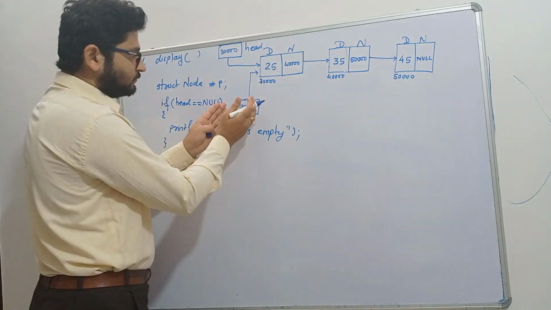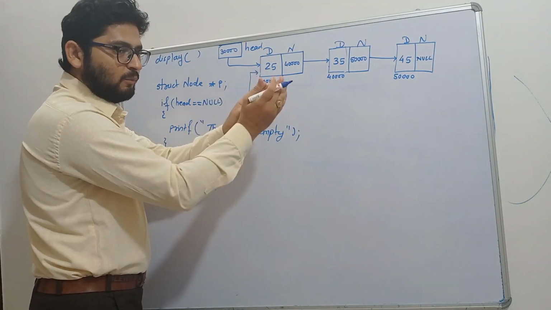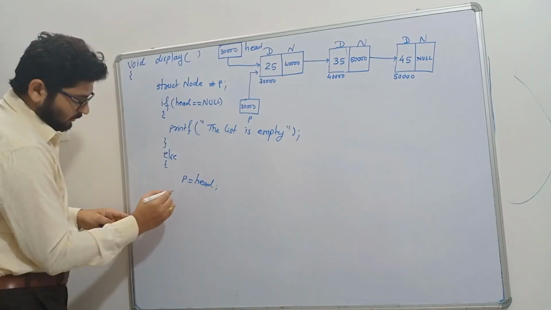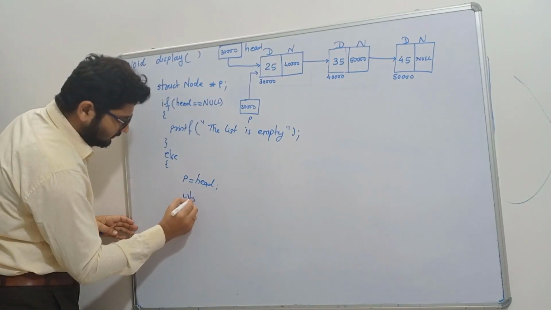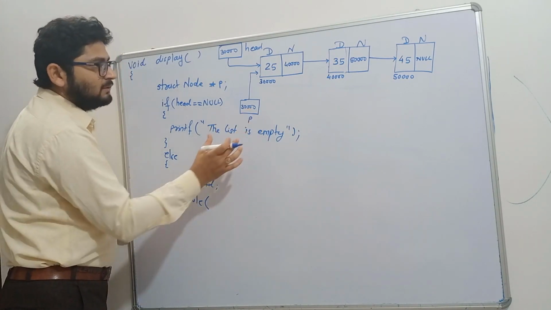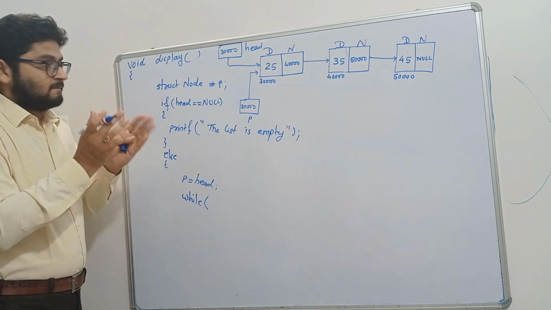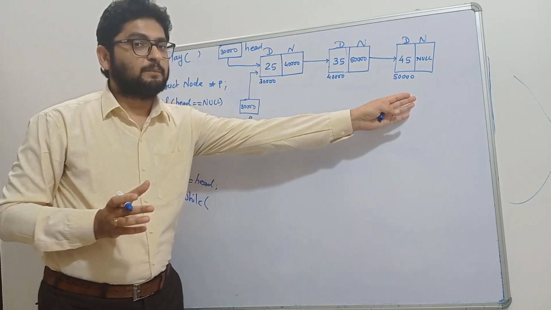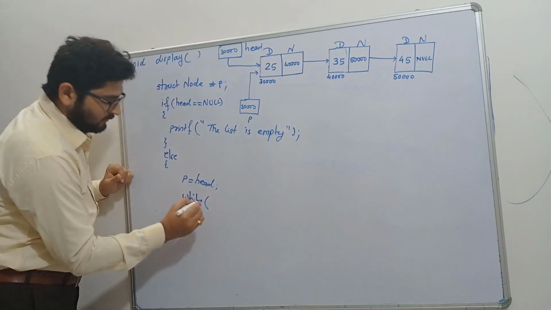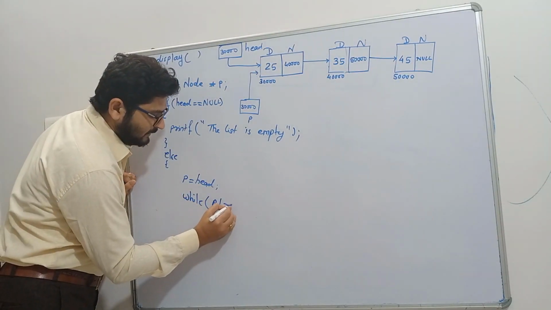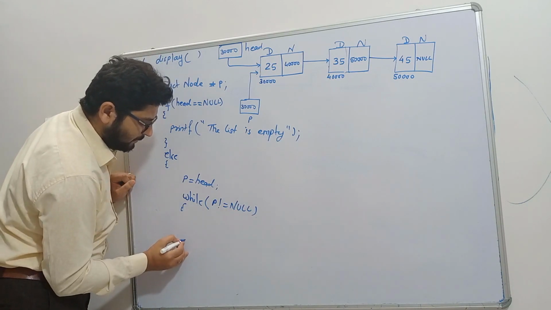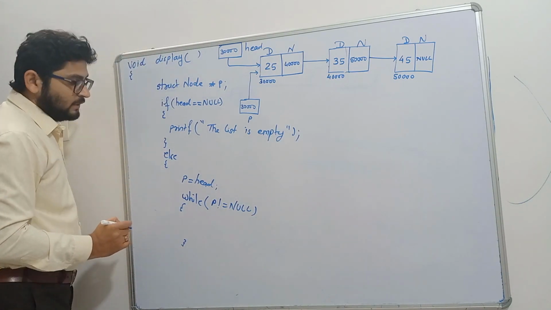Now we have to print the data, move forward. Print the data, move forward. So we have to repeat the things, right? That's why we'll go for the loop. Now here I am using a while loop. First of all, when will this while loop end? We have seen that we are going to end this printing when P becomes null. So this while loop will end when P is equal to null, and it will run till P is not equal to null, right?